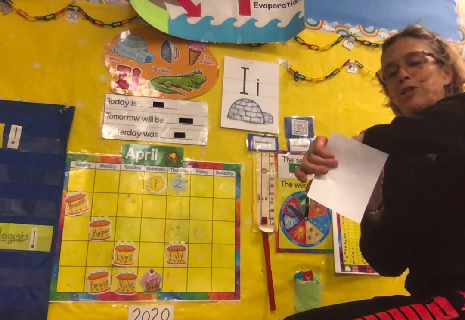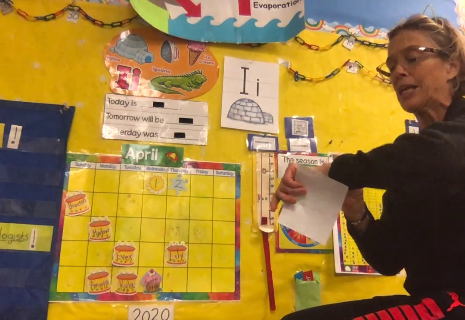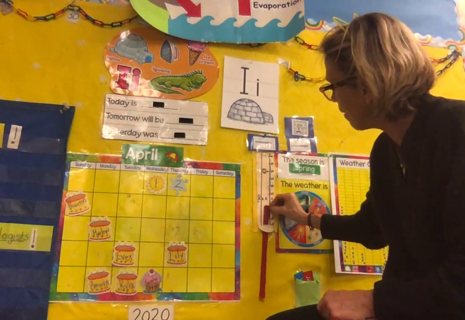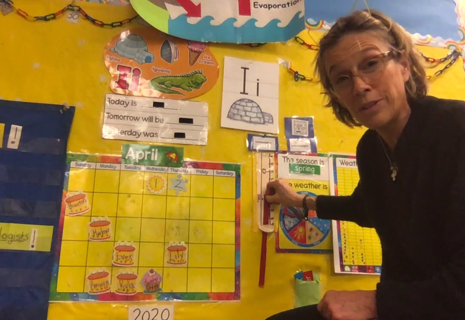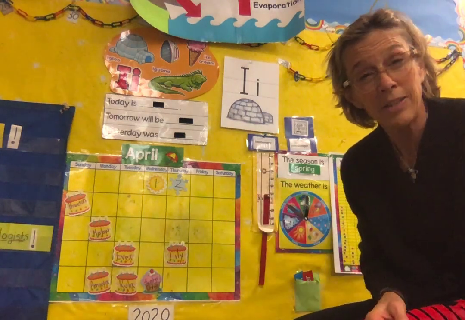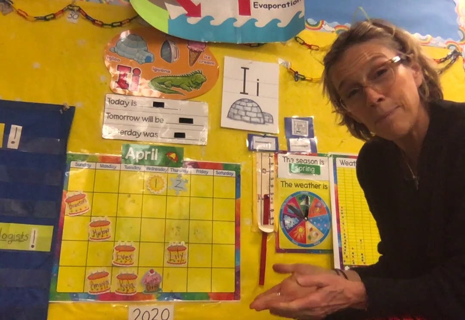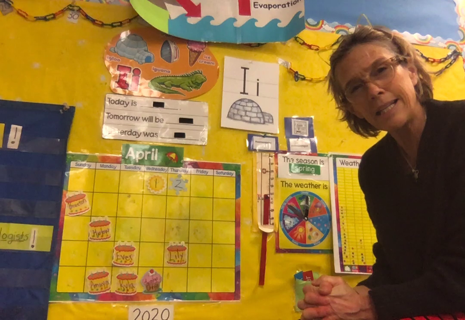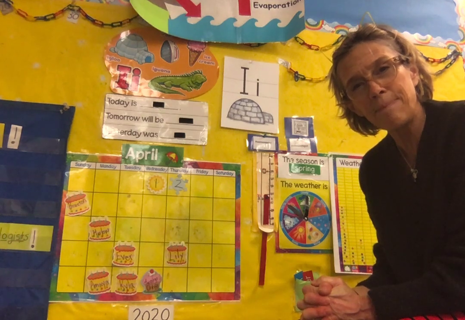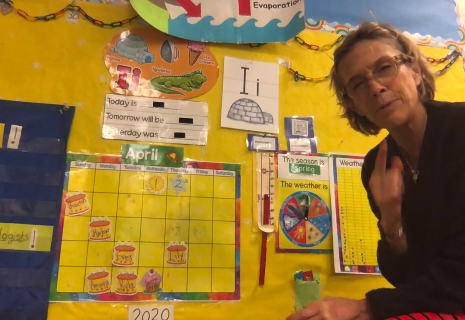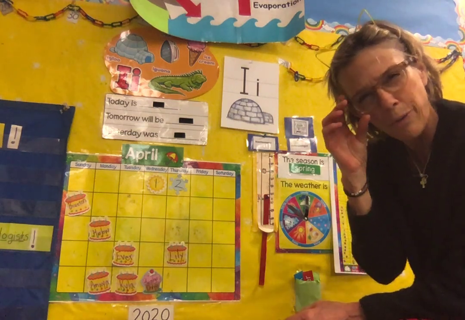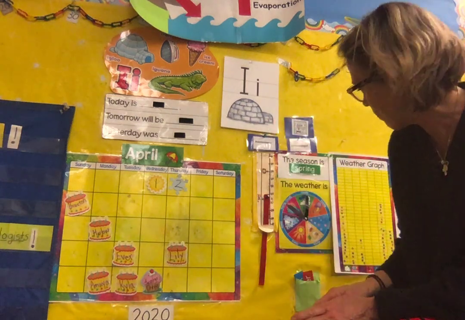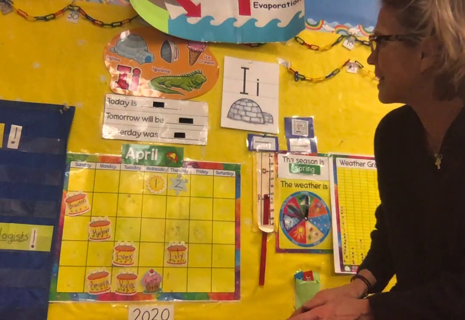And the temperature is 39 degrees. Now I want to ask you, my friends, do you think it's going to get colder or warmer on this spring day? Do you think the temperature is going to go up or down today? We'll have to predict that. I think it might go up. Think in your mind, what do you think it will do? And check the temperature in a few hours with your parents and see whether the temperature has gone up or down.